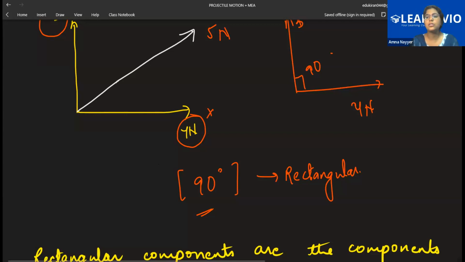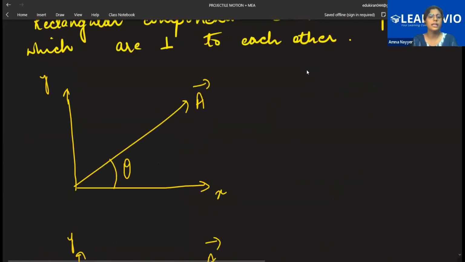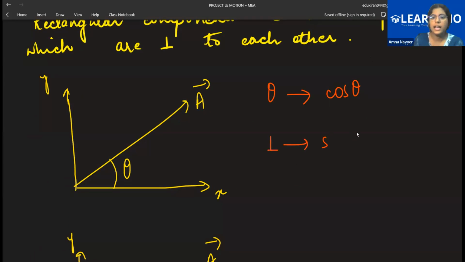All right, so look here. If this is one single vector present and these are the two components, always remember this technique for resolution of vectors. If you have the angle with the axis, you will be using the cos component. Cosine will come, cos theta, as you all know from trigonometry. And perpendicular to that, the sine theta component will come. That's it. This is what you have to remember.